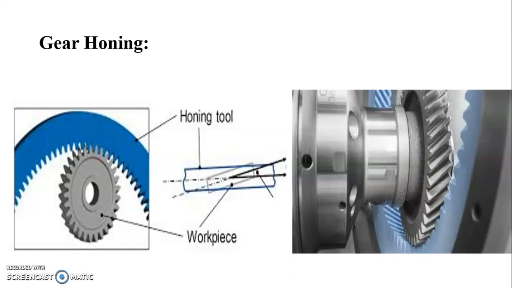The gear tooth hone is an abrasive embedded plastic helical gear shaped tool. The grain size of the abrasive is selected between 0.025 and 0.05 mm, which is suitable for the honing allowances as well as requirements of surface finish. The honing tool and the work gear are meshed in a cross axis relationship. When the work gear traverses back and forth parallel with the work gear axis, the honing tool drives it.